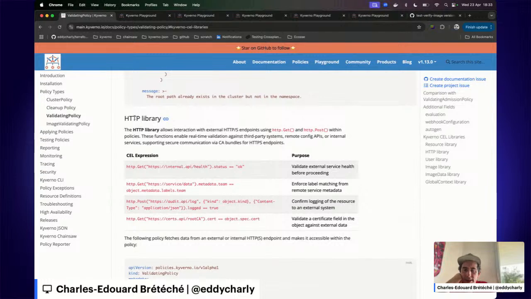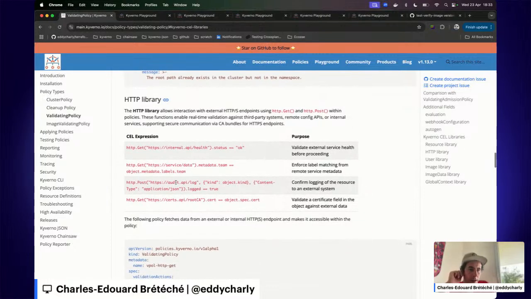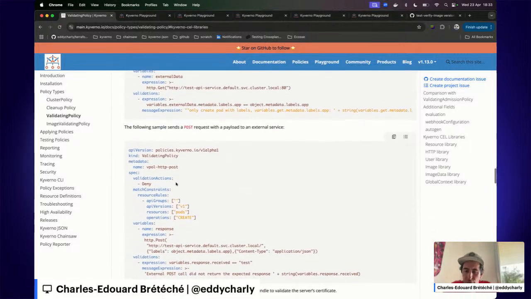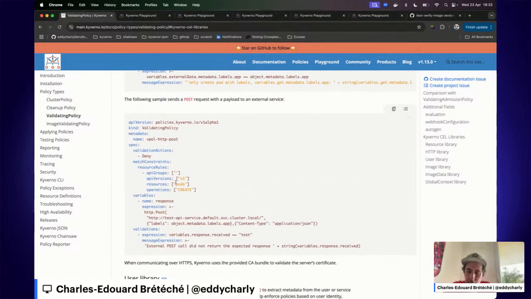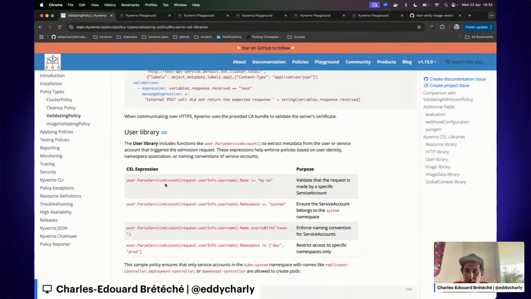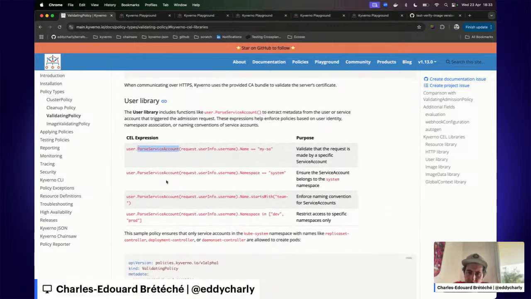With this, you can call any external service endpoint. You can also call internal services, but it allows you to call any API from inside the policy. We have a user library that is mostly used to parse service accounts.